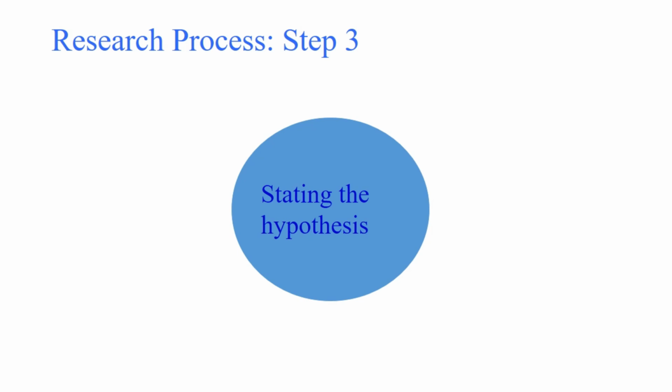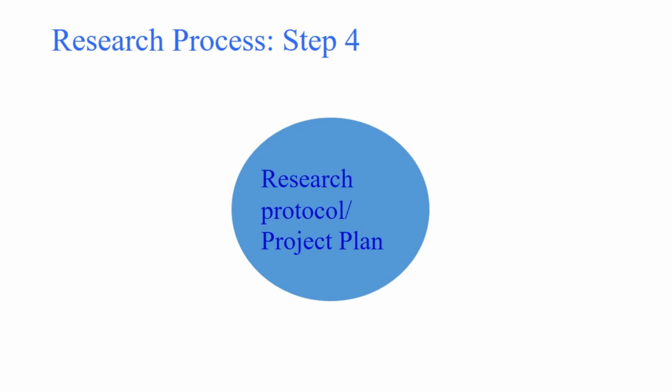In the third step, we state the research objective, hypothesis, and research question. Clearly define the aim of the study, formulate a hypothesis, or pose a specific research question. Research protocol. In the fourth step of the research process, we develop a detailed plan outlining the methodologies, study design, data collection,